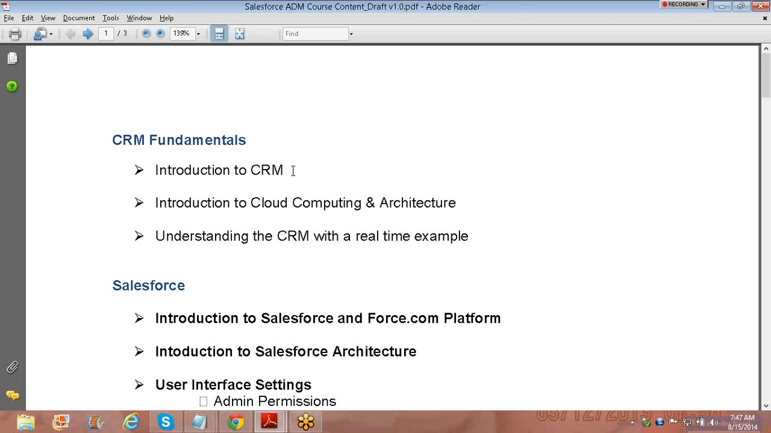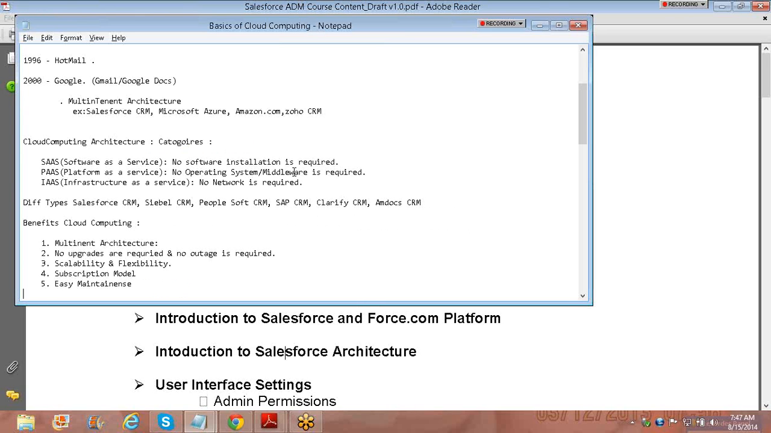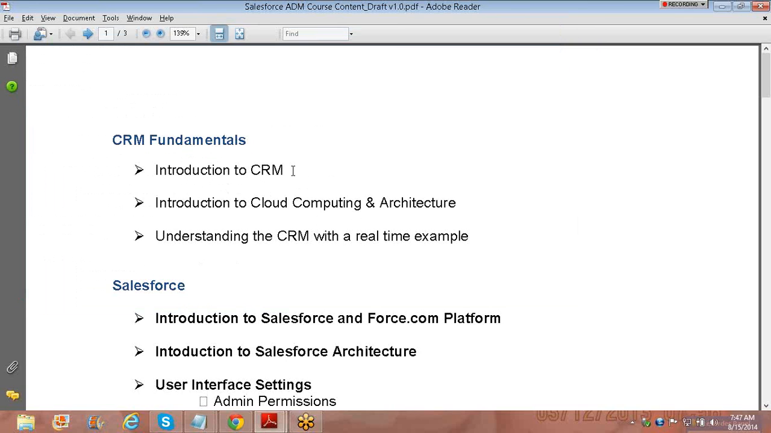And the second best feature is the scalability and flexibility. The subscription model, in continuation with the multi-tenant model, is like electricity or water. It will be based on consumption, and it will be charged accordingly. This is more like a subscription model, which is what I was explaining. Based on usage and the number of licenses required, they can go for